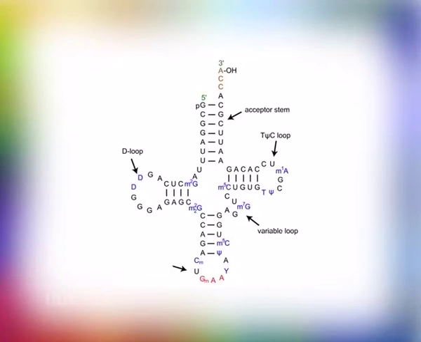The other end is called the anticodon arm, containing the anticodon that consists of a 3 base sequence that pairs with a complementary base sequence in a messenger RNA. Bases that are modified by methylation may occur in several positions throughout the transfer RNA. Moreover, wobble pairing may occur between the anticodon and the codon of messenger RNA.